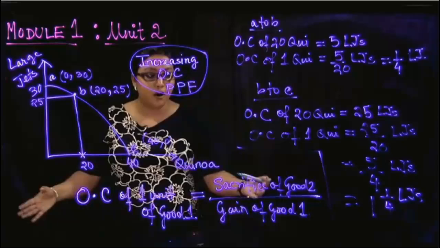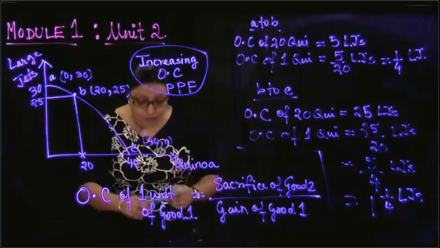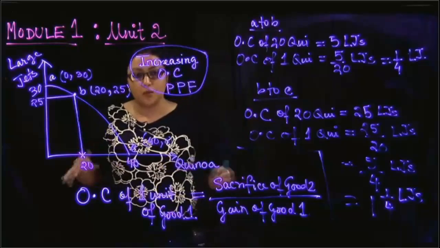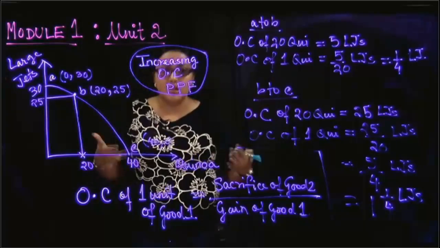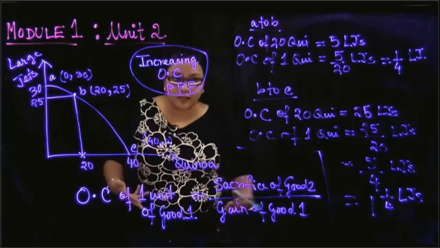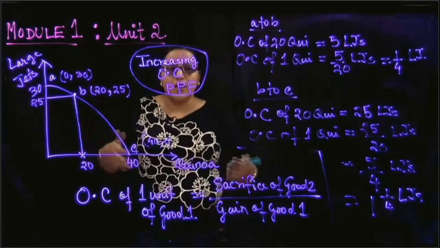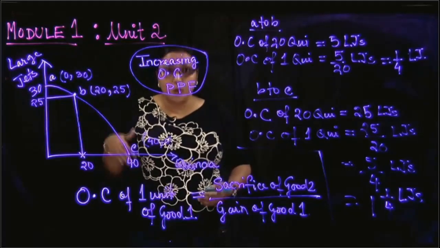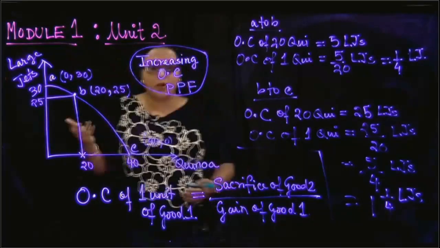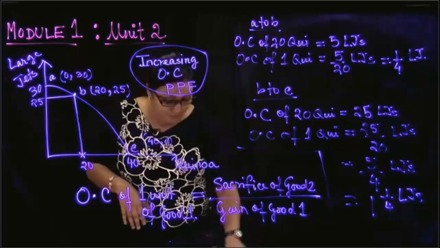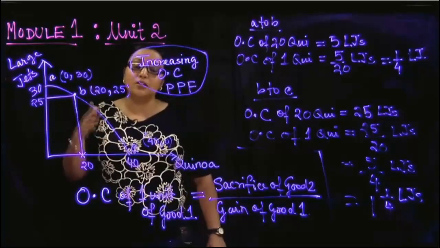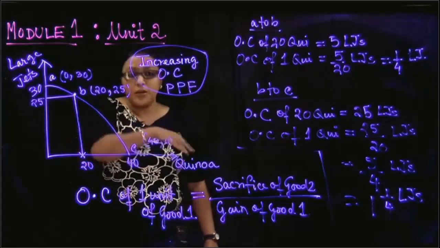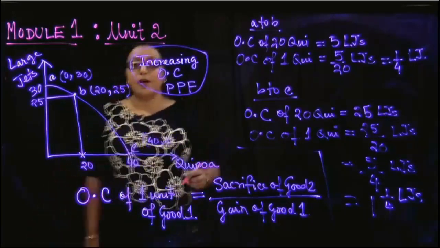So that's the general formula that you could use, but remember that the opportunity cost of the other good is always a reciprocal. So whenever you're doing the numerical questions, please do not waste time calculating the opportunity cost of both goods. If you find the opportunity cost of one, then the opportunity cost of the other will always be the reciprocal, so you do not waste time working through the other. Now, as we move into the next section, we are going to talk about specialization and finally trade. But before we get there, let me just clarify one thing.